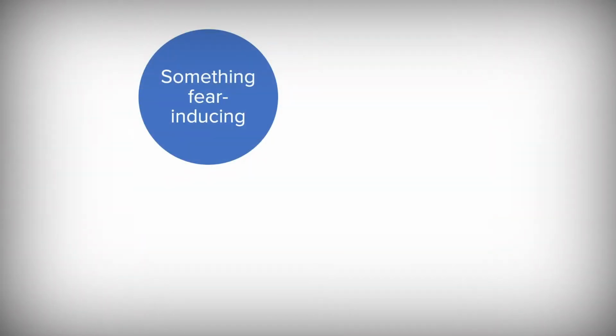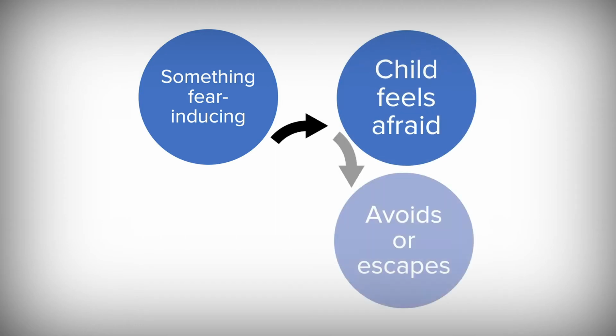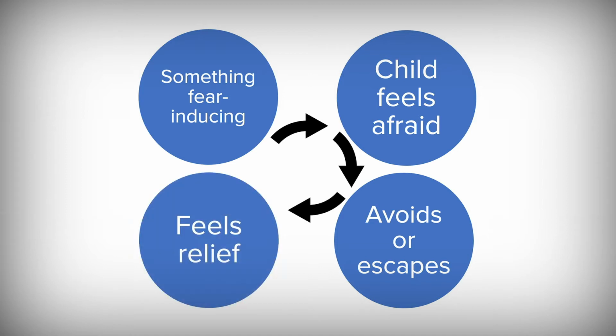So to review what anxiety means, a child is presented with a certain thing or situation that makes them very upset or afraid. They run away or avoid the situation, and then they feel relief from escaping that thing that they were afraid of. This loop continues over and over because the child now feels that they are safe because they got away from it. That section of escape and avoidance in this loop is where some parents unknowingly help their child continue to develop that anxious response. They're helping their child get away from the thing they're afraid of because parents have this wonderful instinct to help keep their child safe and comfortable.